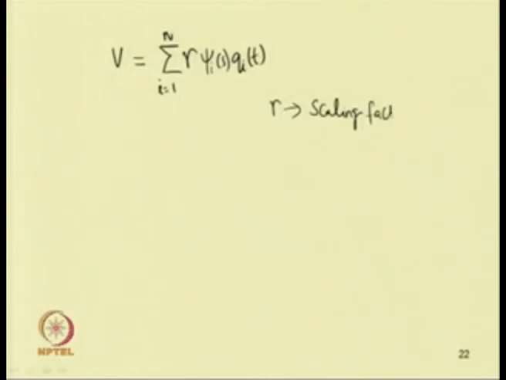So, one can use a scaling factor R. Generally the scaling factor is used to order the coefficient of the equation of motion, and psi(s) is the shape function and q(t) is the time modulation of the ith mode. So, this i represents the ith mode. If one considers this psi as the eigenfunction of the system, then these eigenfunctions are orthogonal.